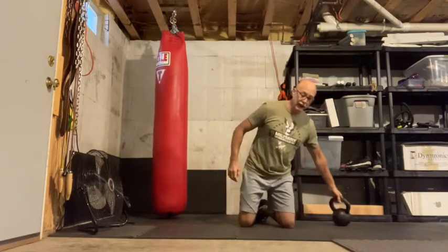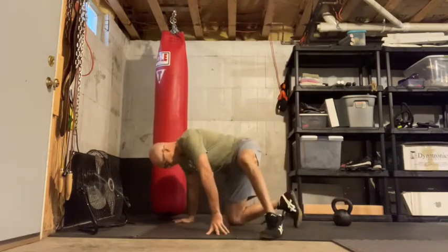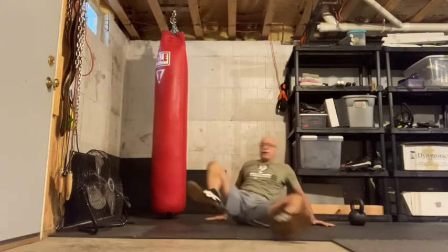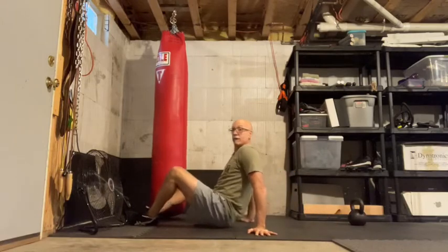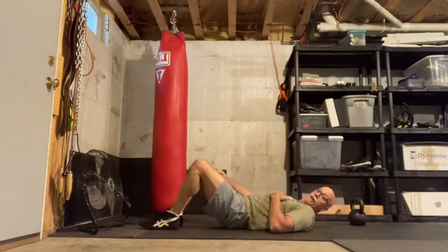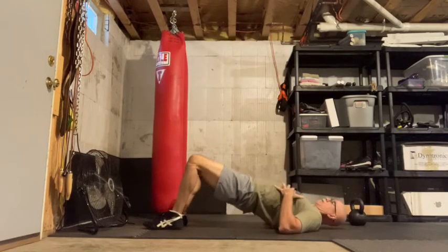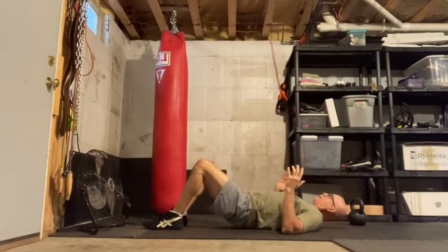A couple exercises on the back that I like to do. First one we're going to do, everybody knows it, is just a simple hip bridge. I'll show you from the side because it's easier to see it. Here we go, hip bridge. We're just going to pulse out 10 hip bridges. So we're here. 1, 2,